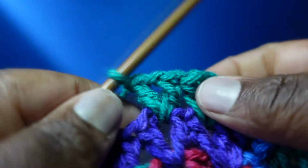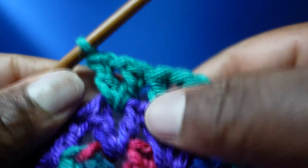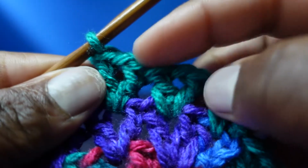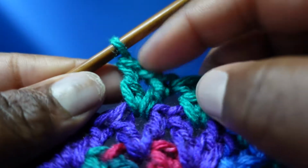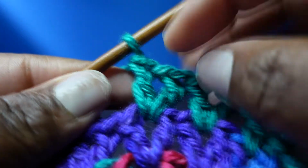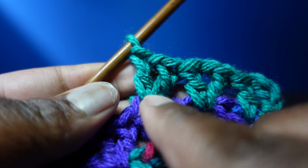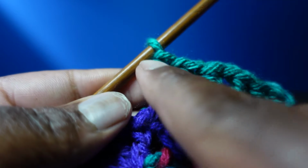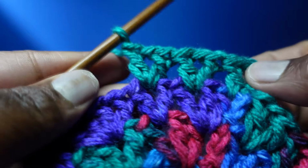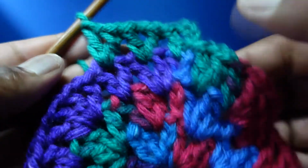Okay? I cannot emphasize enough, you guys, that there is no chain 1 in between the 2 V-stitches. See, it just goes from that V-stitch to that one. There's no chain 1. The chain 1 spaces only occur in the V-stitch. Okay? It's what creates the V. It's what causes that double crochet to kind of slant that way and that one to slant that way, because you have that extra spacing there. Okay? So just continue putting 1 V-stitch in every V-stitch around, and I will meet you at the end of